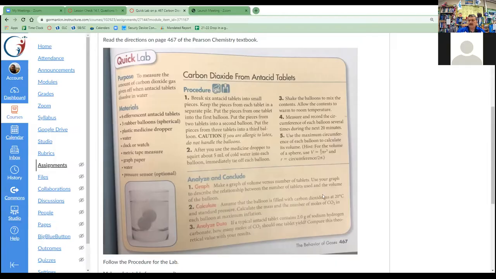Assume the balloon is filled with carbon dioxide gas at 20 degrees and standard pressure. Calculate the mass and the number of moles of carbon dioxide in each balloon at maximum inflation. Again, you're going to use what you know from chapter 14 to calculate that out. There's some formulas in chapter 14, and that's going to help you out. And then if a typical antacid contains 2.0 grams of sodium hydrogen carbonate, how many moles of CO2 should 1 tablet yield? Again, this will make much more sense after you read chapter 14 and after we discuss this a